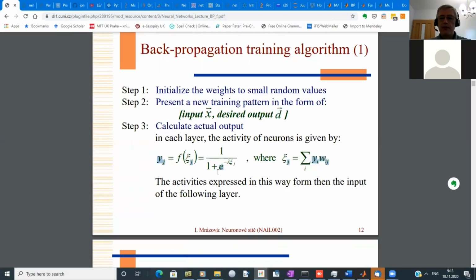So 1 divided by 1 plus e to the minus lambda xi sub j. Xi sub j is the potential. Potential is actually the weighted sum of inputs of the given neuron,